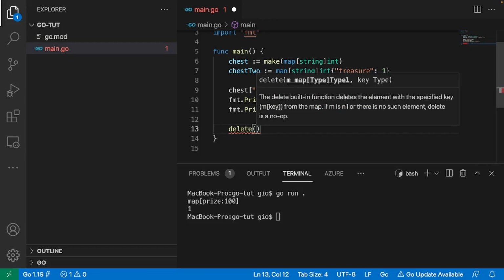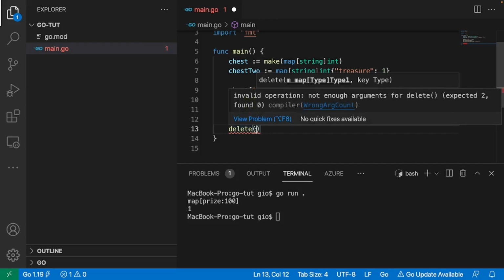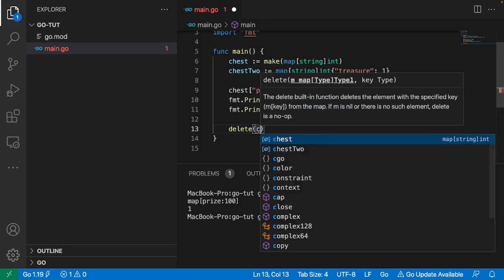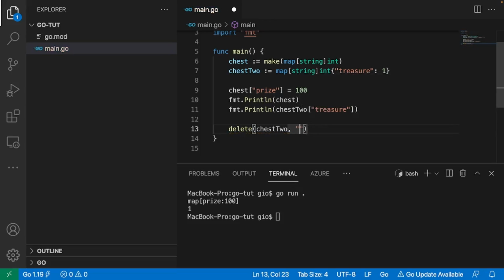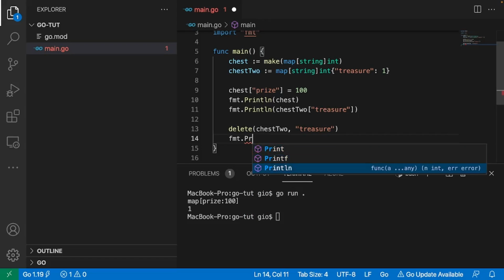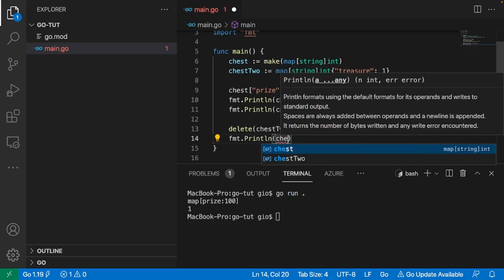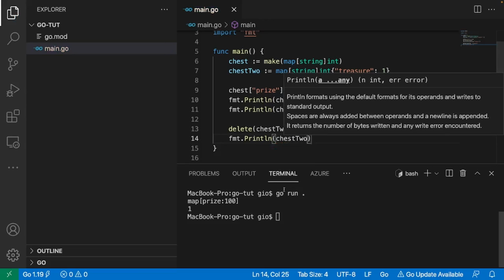If you see right here, look how nice VS Code is. They actually provide some information. If you provide the map and the key that you want to delete, then you delete that specific key inside of the map. So let's use chest 2 and delete the treasure, because there's only one inside of it, so it's not really much to offer. Let's delete that key, and let me print it out right after so I can show that it is gone. So chest 2, and let me clear this out